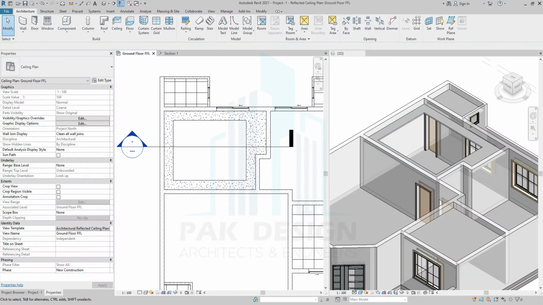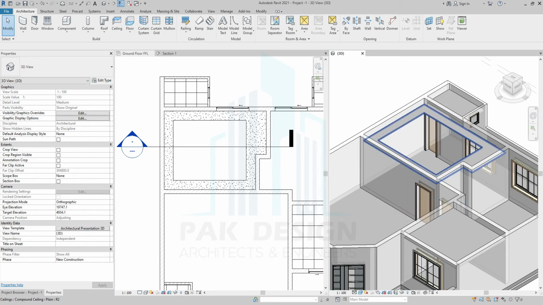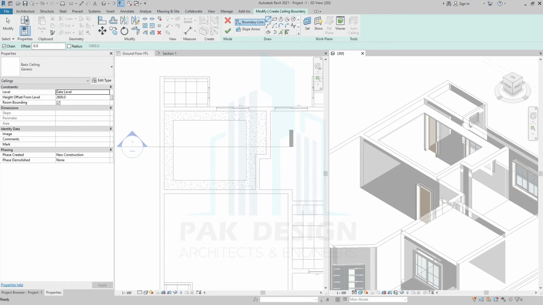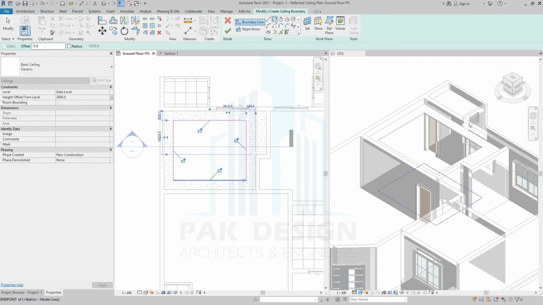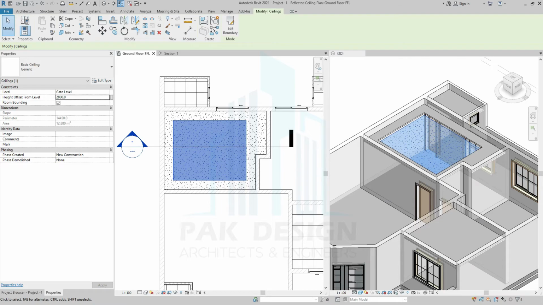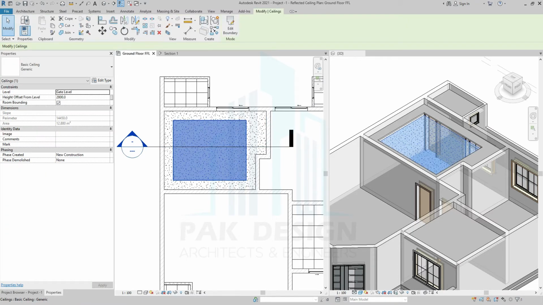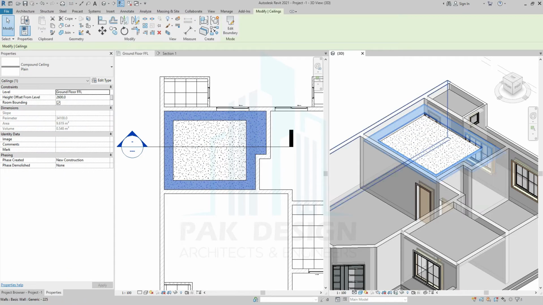now you can see we have ceiling only in external part, we don't have any internal part. What we will do, we will make again an internal part, like I will go back in ceiling, sketch ceiling, and I will draw one rectangle here. Okay, but ceiling height will be different, like this part will be higher, 2.8. So you can see here, this is upper part and this is lower part.